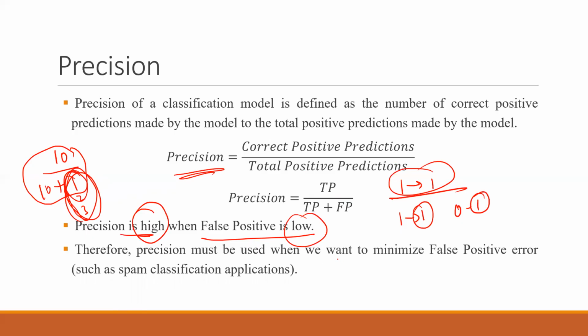Therefore, precision must be used when we want to minimize the false positive error. अब इसको याद रखना है कि precision का application क्या है. Precision का application है when we want to minimize my false positive. ठीक है, जब मुझे false positive पे focus करना है. So whenever you are trying to implement a spam classification, email spam classification application, you have to focus on precision the most. ठीक है, एक्यूरेसी तो करना ही है अगर आपका डेटा सेट बैलेंस्ड है, बट आपको ये भी देखना है कि आपका प्रिसीजन का वैल्यू हाई आ रहा है या नहीं आ रहा.